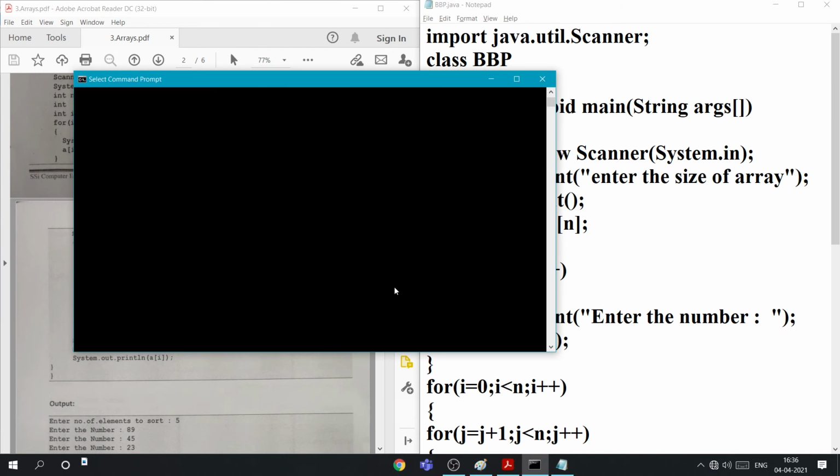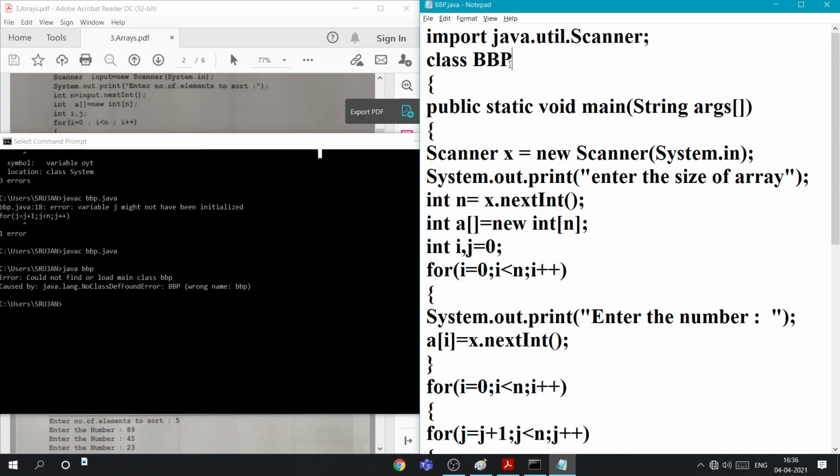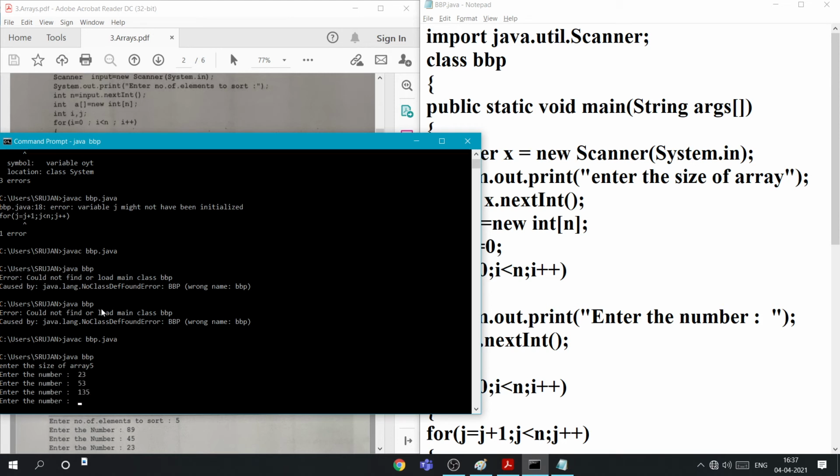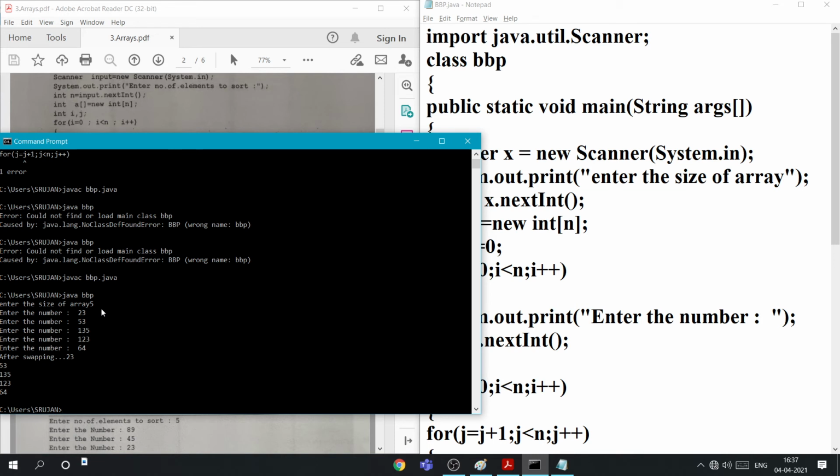Right, I got that error. Here I used a capital letter, but I told you the same name should be there. Now it asks to enter the size of the array, so I'm just writing 5. Then enter the numbers, so just writing 5 numbers, like 23, 53 and so on.